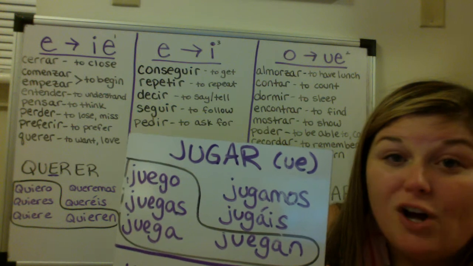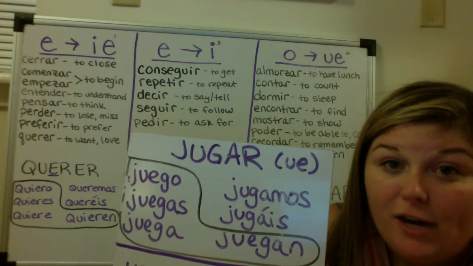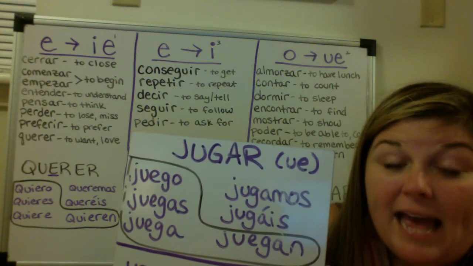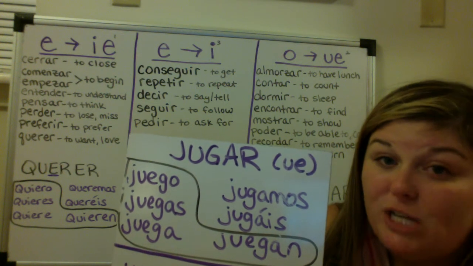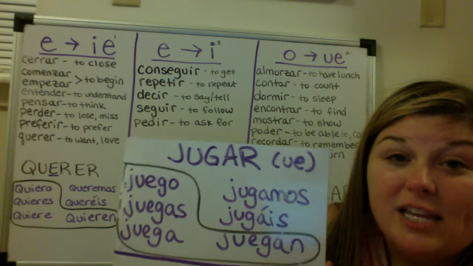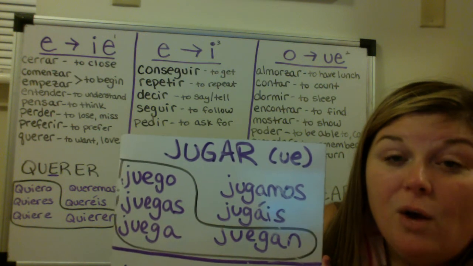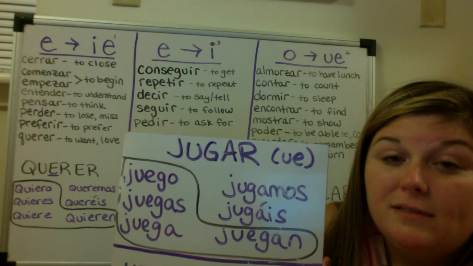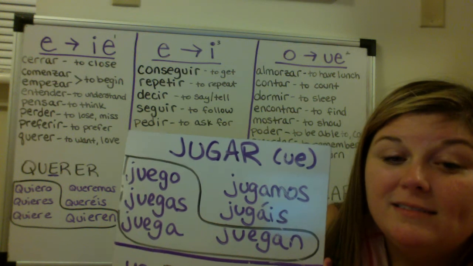The endings are all going to stay exactly the same for an AR verb, just like you've seen all along. And remember that we don't stem change in the nosotros or the vosotros forms. So let's take a look at the pronunciation of this verb. Juego, juegas, juega,